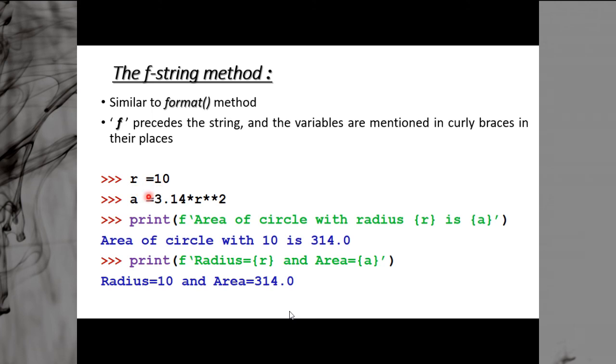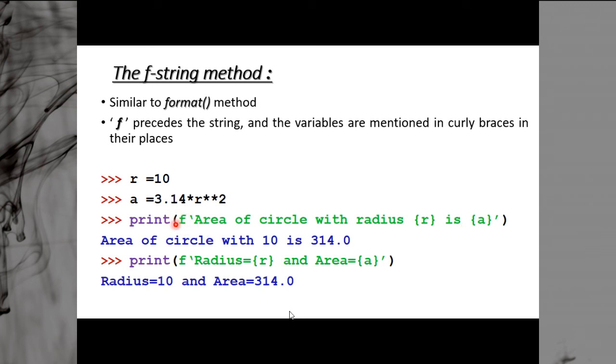Like this is the same thing, r = 10, a = 3.14 * r square, print f. Here we are using the f string method, so we start with the f, and then you start your string. Everything you are doing is inside. Then area of circle with radius {r}, in curly brackets we are specifying the variables, {a}.